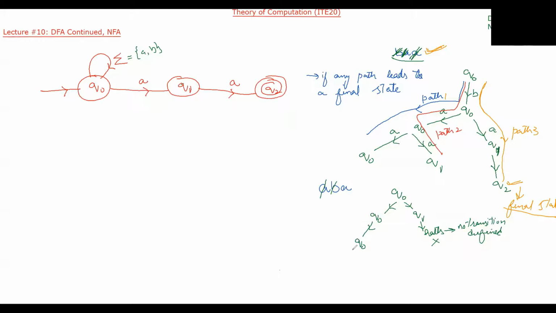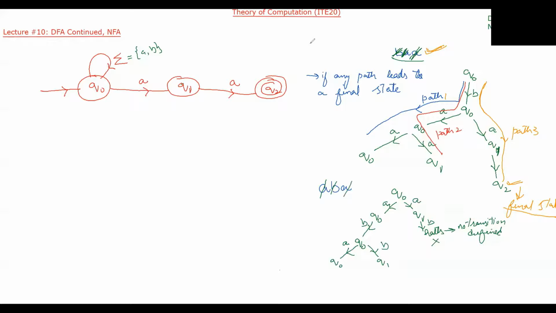Now A comes. A comes here. So let's suppose it is in Q0. Q0 again it has 2 choices. One is Q0 on A, so it is B. Okay. Now Q0 and Q1. So the string has ended.